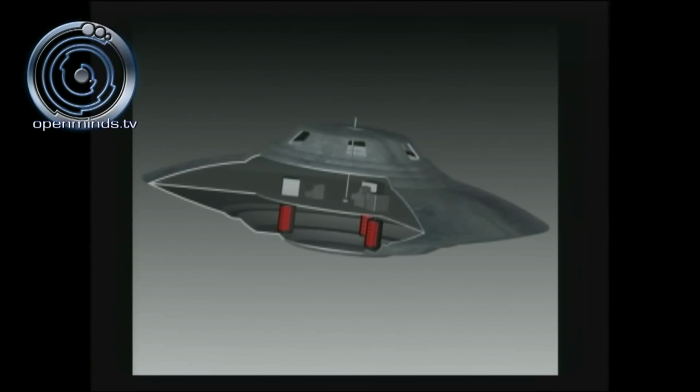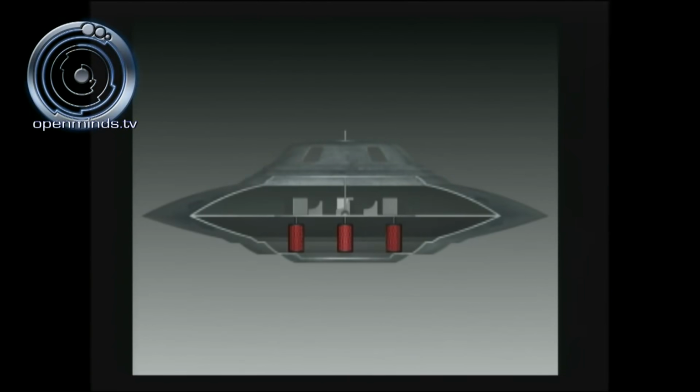Now let's zoom inside. We'll take a look at what it looks like inside. On the bottom section of the vehicle, there were 3 gravity amplifiers. Right above that, we have the mid-deck, which contained 3 gravity amplifier heads, 3 seats that all sat in the same direction, which were too small for human test pilots to fit into. Then we've got a gravity amplifier system here. We've got an antimatter reactor and a waveguide that goes all the way up through the mid-deck and what we believe to be the avionics or navigation department right here, and these are not windows. So that's the layout of the sport model